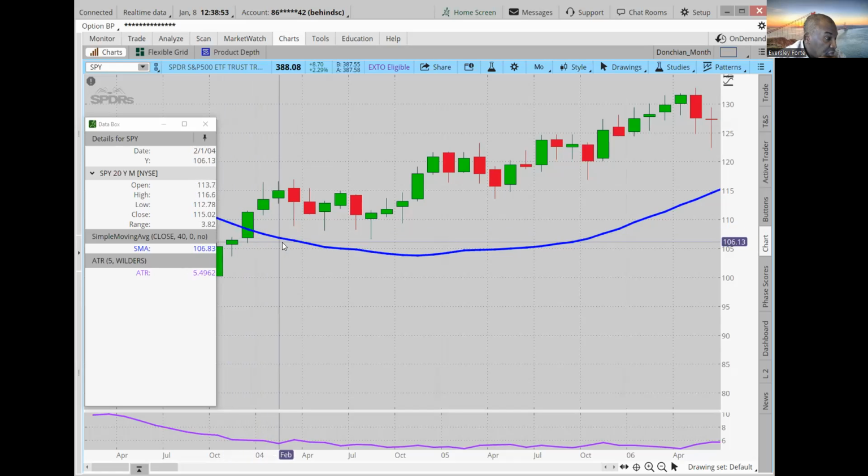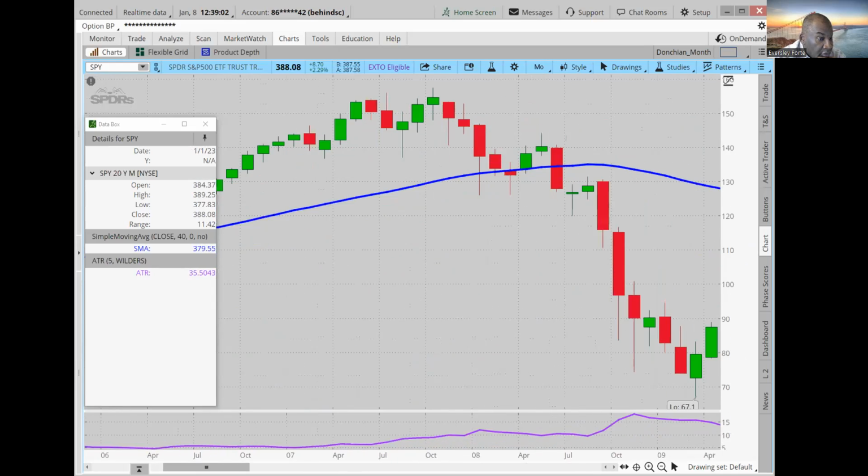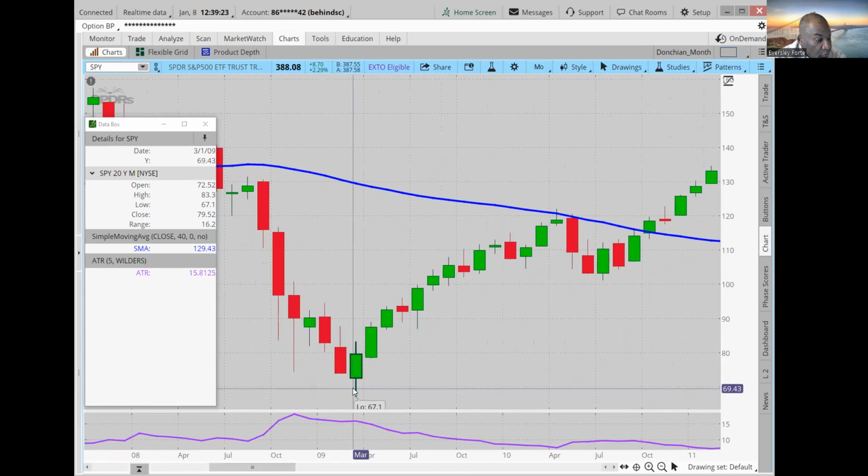So this is 2003, and this market stays above the 40, and then comes 2008. This is the big drop that happened in 2008, where the market got crushed. It started in 2007 and then continued right into 2008 with this market decline. And then the bottom of the market was around March, April of 2009, and then we rallied,